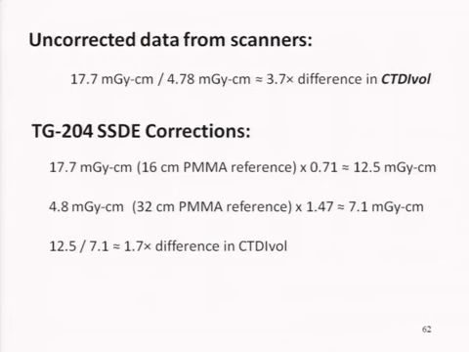After our corrections, we took this high value that was associated with the smaller phantom. The correction factor was 0.71, and we get this number. And vice versa for the other phantom. And you can see now the difference is really only 1.7, which is a lot better than 3.7. And that difference of 1.7 can easily be